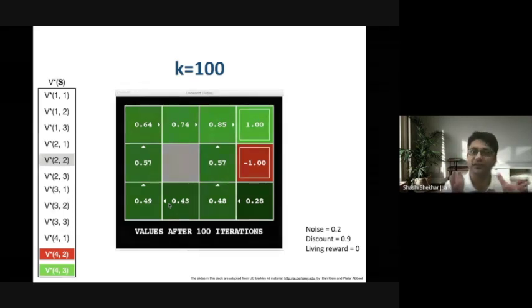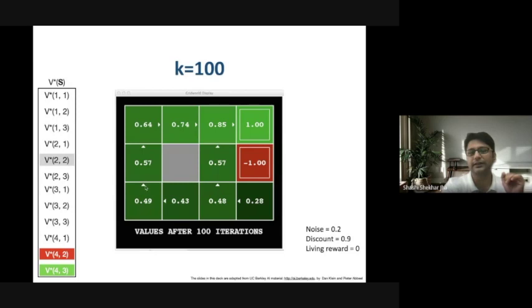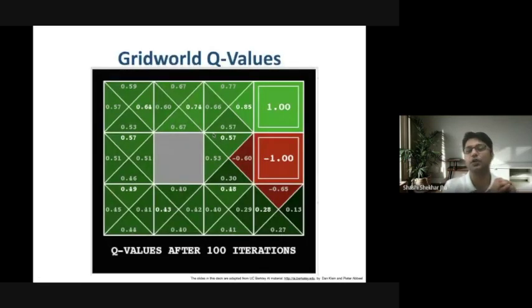When the state values are not changing, the actions with respect to these values are the actions that are learned. These make your optimal policy. You can do the same for Q values, wherein you learn a value for every action of every state. Here you learn the value of every action in all the states. Here also you can see the best values are still the same, 0.85, 0.74 here, 0.48 here. The best value is for the best actions only. So whether you learn Q values or values of the state, the final answer to the puzzle is the same. The final optimal policy will be the same.